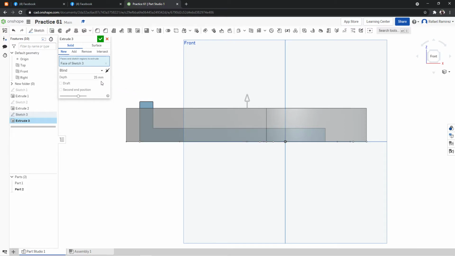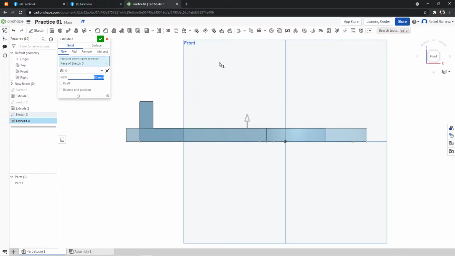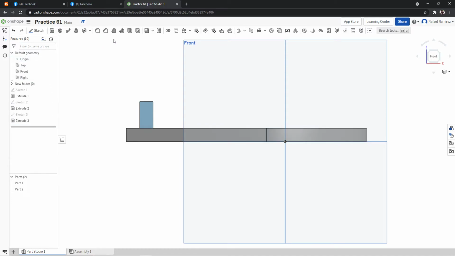So I'm going to adjust by using another tool. I must first indicate the thickness. The thickness is 10 millimeters. As you can see, it's 10 millimeters. So I'm gonna input 10, and then click check. Excuse me, this needs to be a new part. Click on check, and then in order to move this one on top of this one,